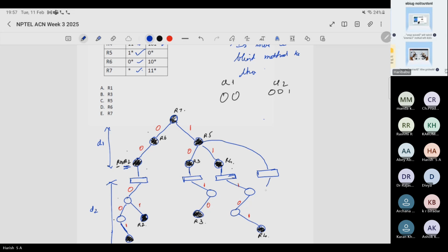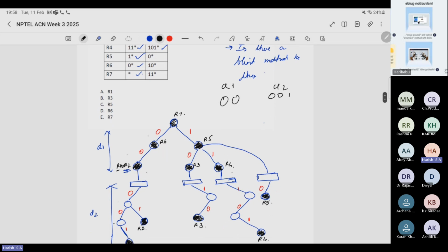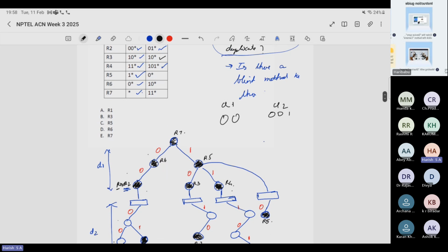So this goes with this, and then it has a 0, and it's an accepting state, which is you shade it. Then you write R5. Then for R6, it's 1, 0, right? But then you're adding it to the 0 state, which is R6 over here. So once again, you extend this down,